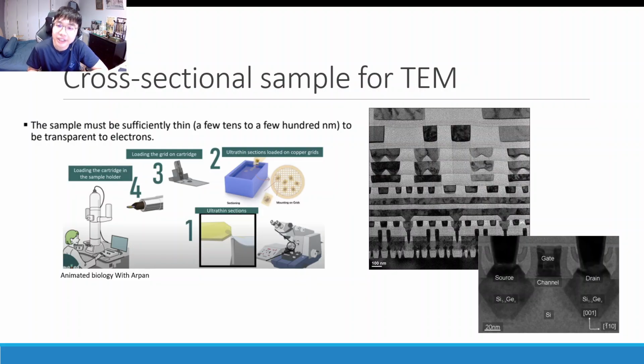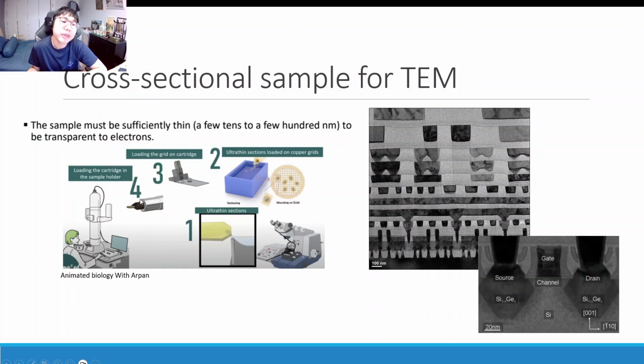Firstly, it's important to emphasize that because TEM involves transmitting an electron beam through a sample, there is a maximum sample thickness that can be analyzed using TEM. Normally, the sample must be a few tens to a few hundred nanometers thick in order to be transparent to electrons, such that electrons can be transmitted through the thin sample and the image be detected